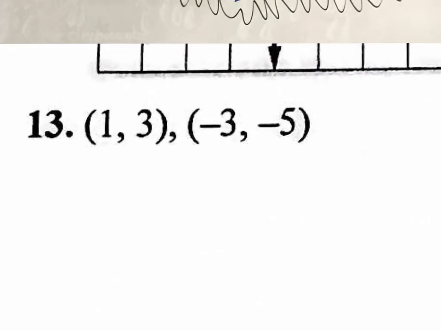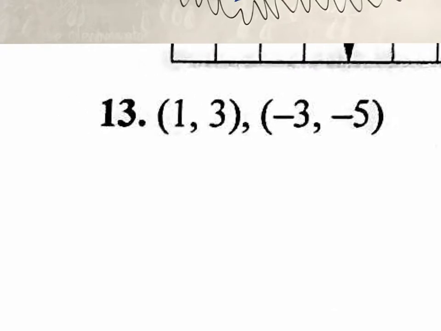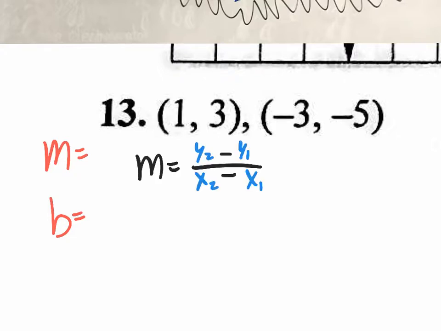Let's try 13. They give you 2 points. You're going to have to use a slope formula. Now, the reason why I say that is because the two things that you need are your slope and your y-intercept. That's what you need, and they don't give you either one of them, but they do give you 2 points, and with the 2 points, you could find your slope using the slope formula. So there's the slope formula. Then you have to label your coordinates, x, y,